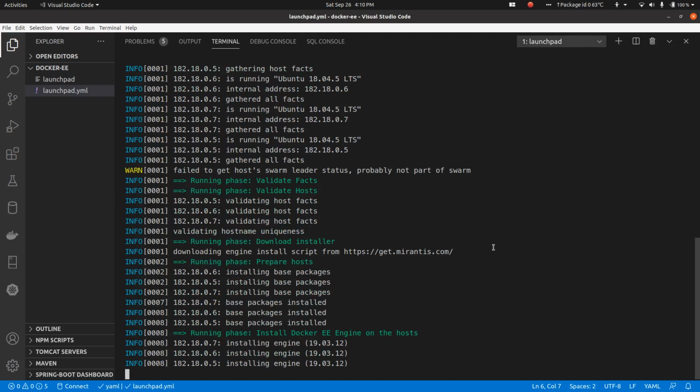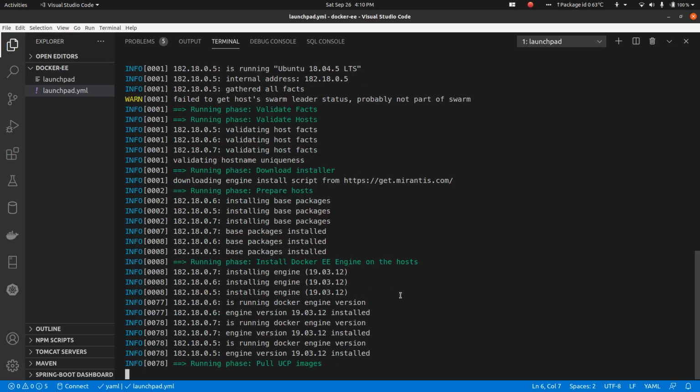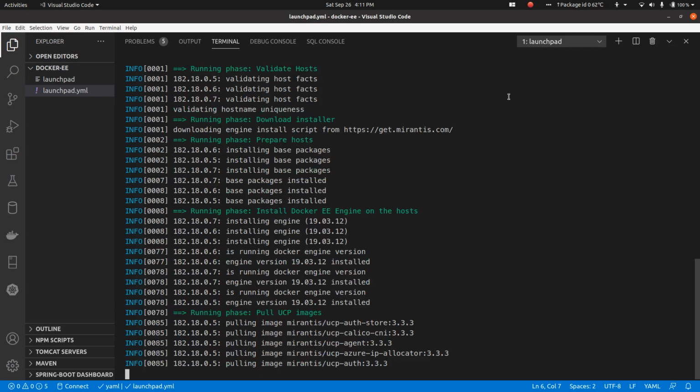Now this process is actually going to take some time, because lots of additional packages need to be downloaded and installed into your system, and most of the components used by Docker Swarm and Kubernetes themselves are containers. So that many container images have to be downloaded into those systems. This will approximately take 15 to 20 minutes. So I'll just pause this video for the time being, and I will resume it once the installation is complete.